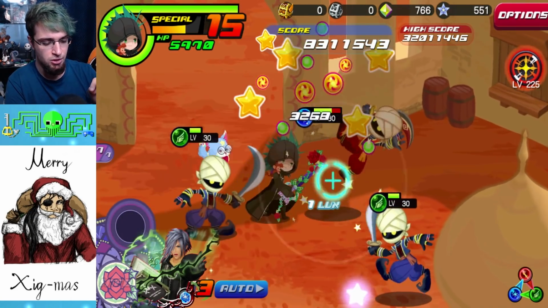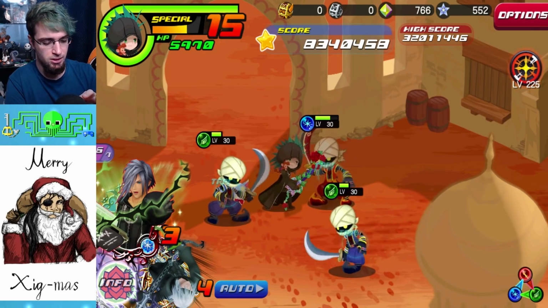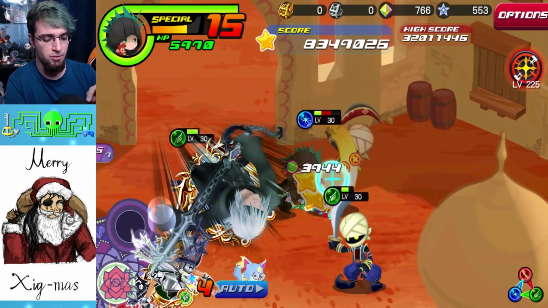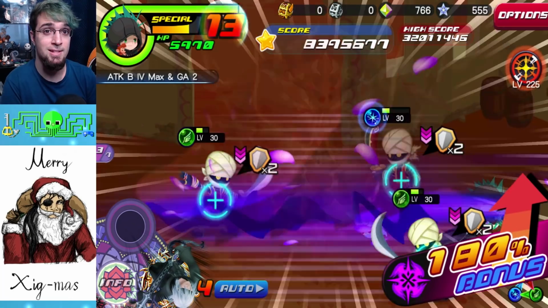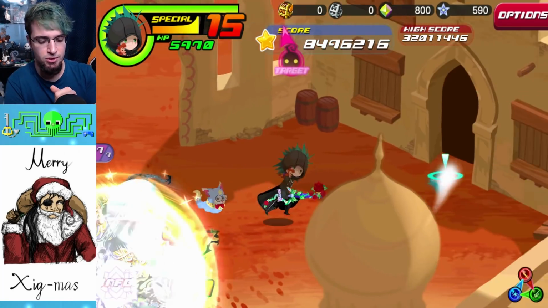So again, you just want to make sure everything survives here. This is going to go on this. That's totally fine. Another Riku on, I think a Riku should be fine here. And Sora over here. Everything survives. Just make sure everything survives. That's all you want to do. And I believe the rest of the enemies...